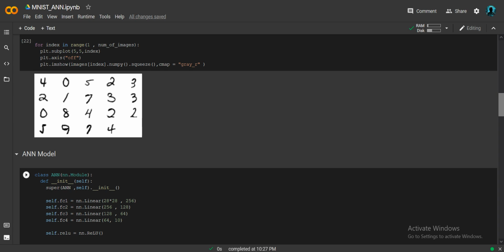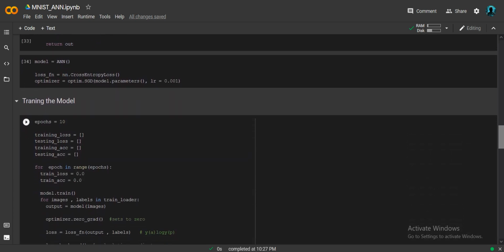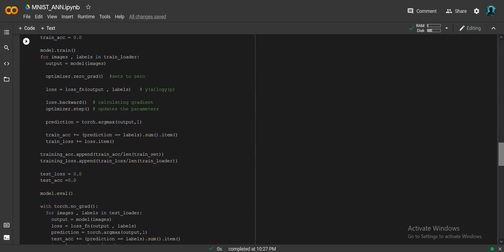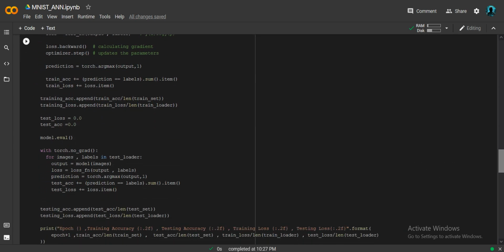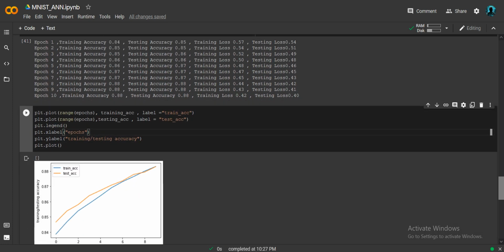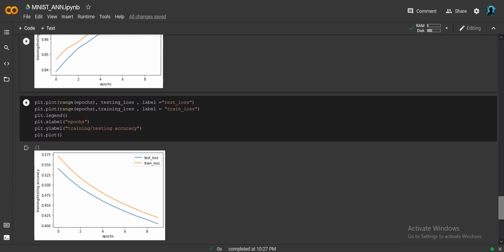Then we built the ANN model, then used the training loop to train that model, and inside that we used validation, like testing, to test our model, where we are not updating any weights. Then we plotted the training accuracy and testing accuracy, and saw how both accuracies are increasing at every epoch, and how the test and training accuracy and loss differ.